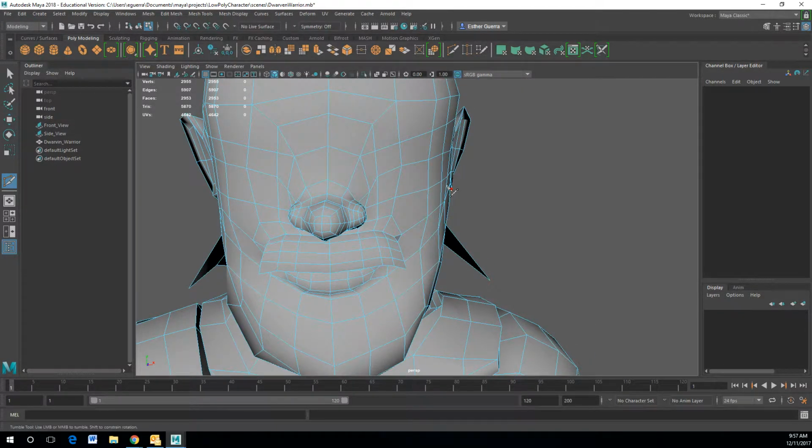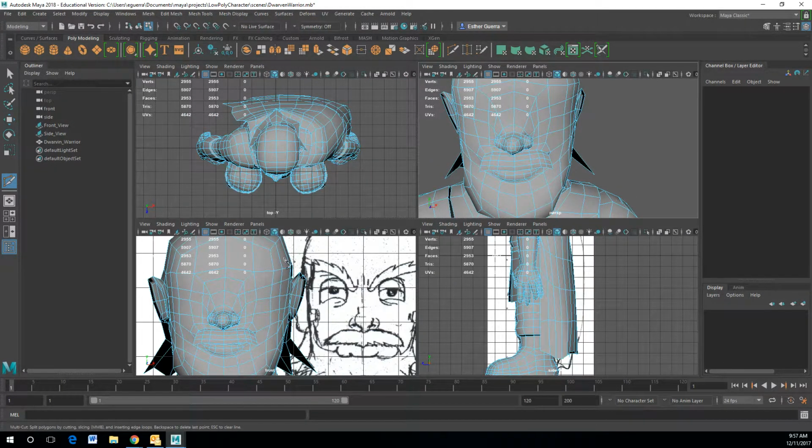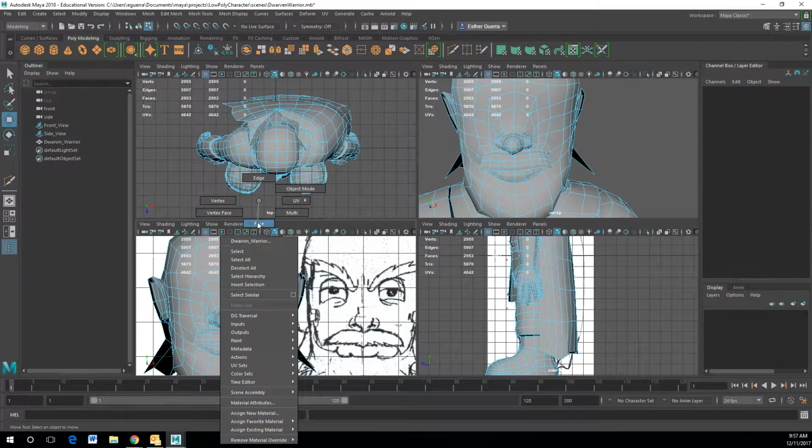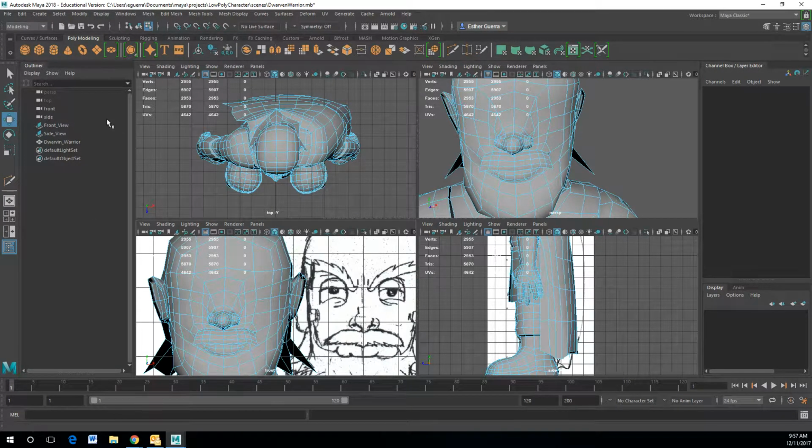Yes, I am going to have a lot of triangles, but you know what? Sometimes a few triangles are necessary to make a round shape. And I'm going to use